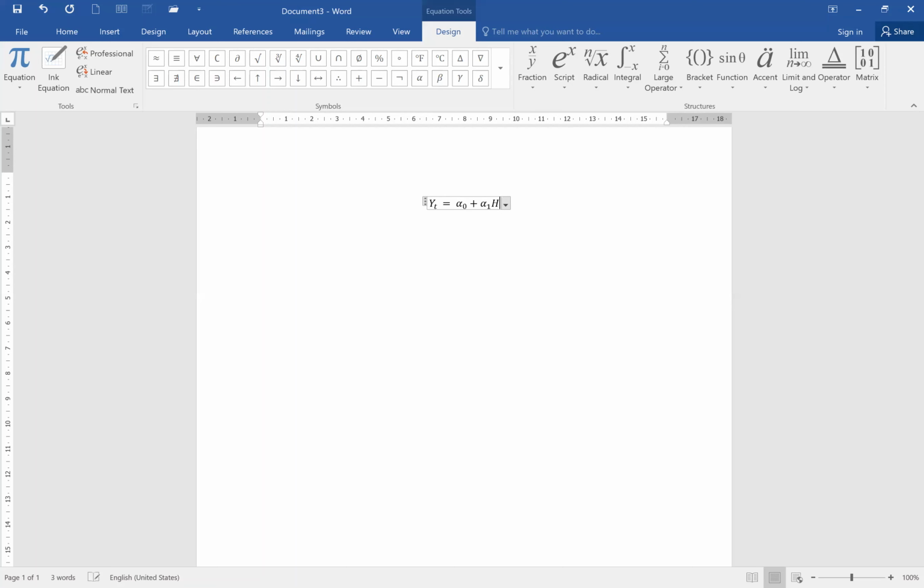So your human capital is SC, and then space plus, again paste the alpha, and then change the number to alpha 2, and then space, and then move one step to your right, and then type, for example, investment is INV, and then space plus, and then paste your third coefficient or parameter, and name it as alpha 3, and then move one step to your right, and then you may say that the third variable involved in your model is population, and then